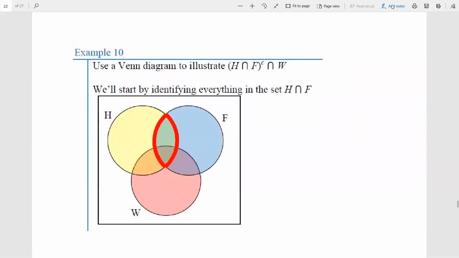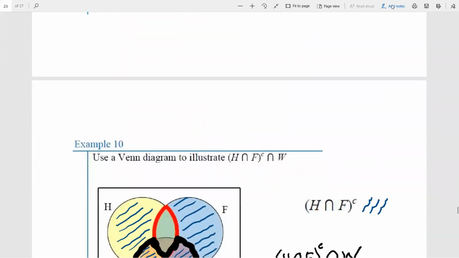Another example, we want to use a Venn diagram to illustrate H intersected with F complement intersected with W. So here we have H, W, and F. First of all, let's identify the intersection of H and F. And again, that's this heavy red indicated here. And next, on the next page,